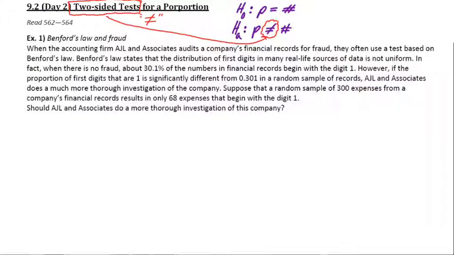So apparently when they say that about 30% of expense reports that we get from your company should have 1 as the first digit, they've probably established that number over a really long period of time and over looking at a whole lot of data, right? A whole lot of expense reports from companies. So if they get the expense reports back from a company and they look at the first digit for all the expenses,